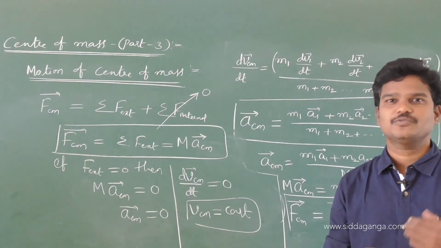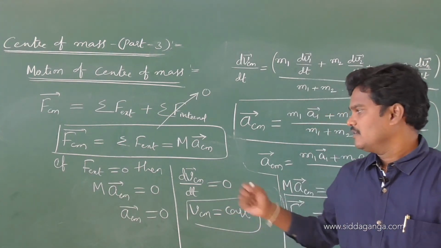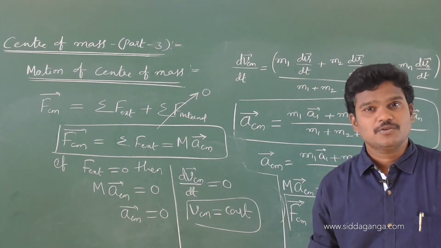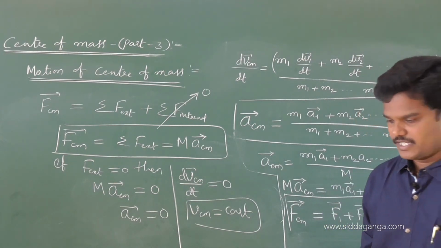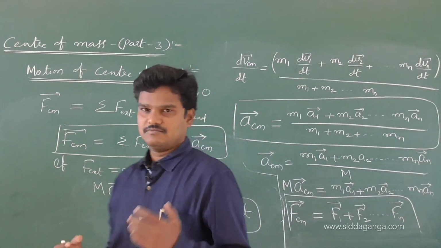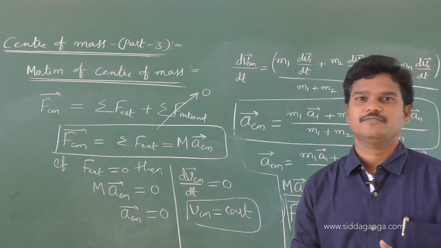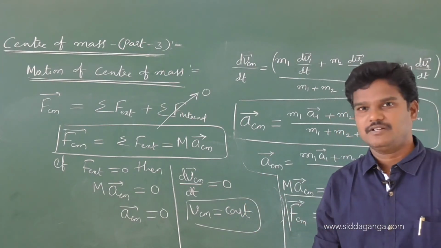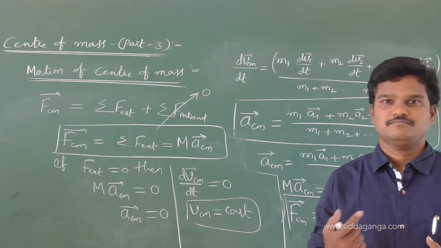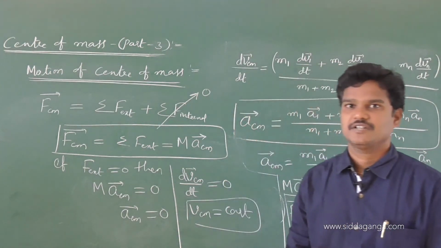Okay, that is equivalent to external force. If external force is 0, in the absence of external force, acceleration of center of mass is 0, but velocity of center of mass remains constant. Okay, so I got all the basic level equations related to center of mass from NCERT level. This is okay. So, next I will start some entrance level. All types of entrance questions I am going to cover in the continuation sessions.